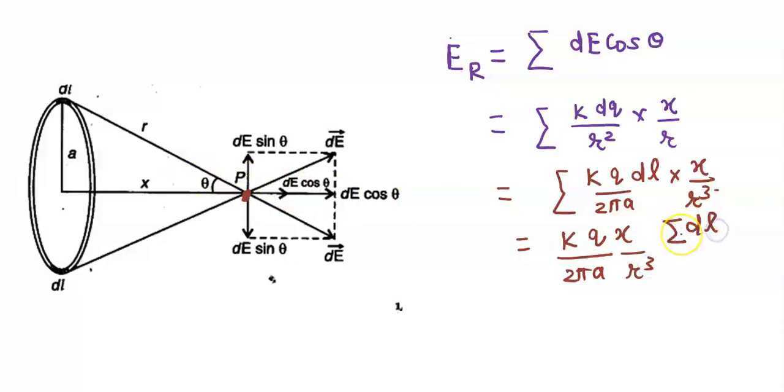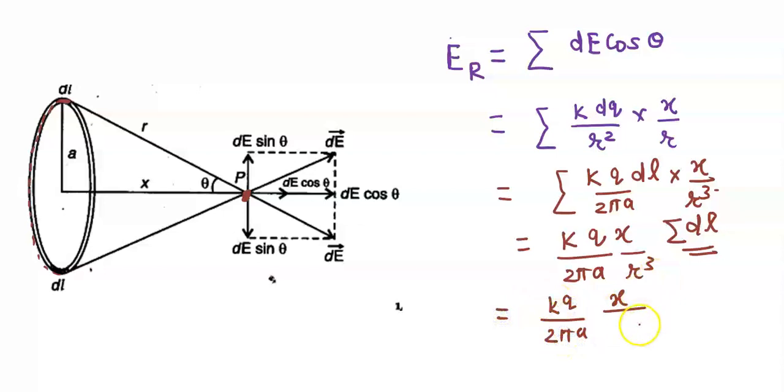Okay, now the summation of dl, just try to understand. dl is a small length, and you are dividing this ring into such small lengths and adding all of them. When you add all these small lengths, you will get the circumference of the ring. So you can write in the very next step k cube upon 2 pi a x